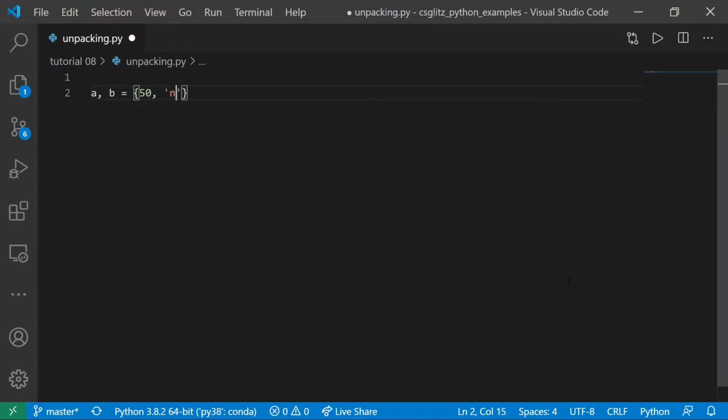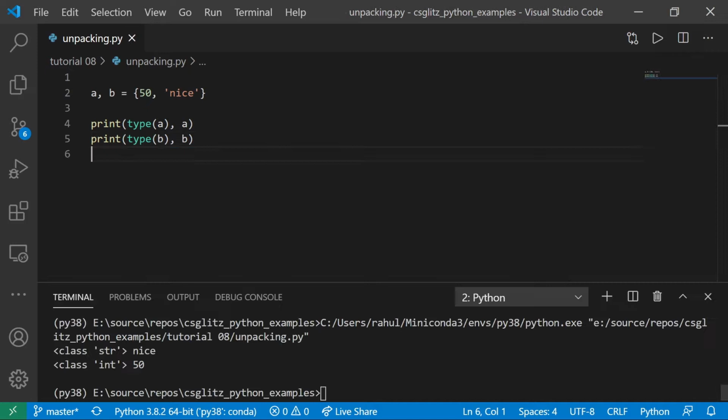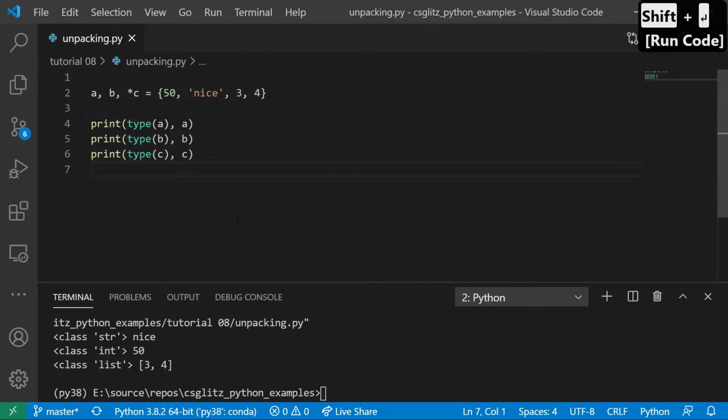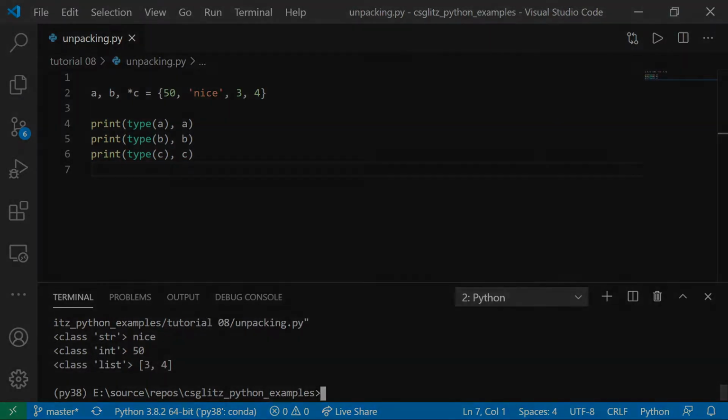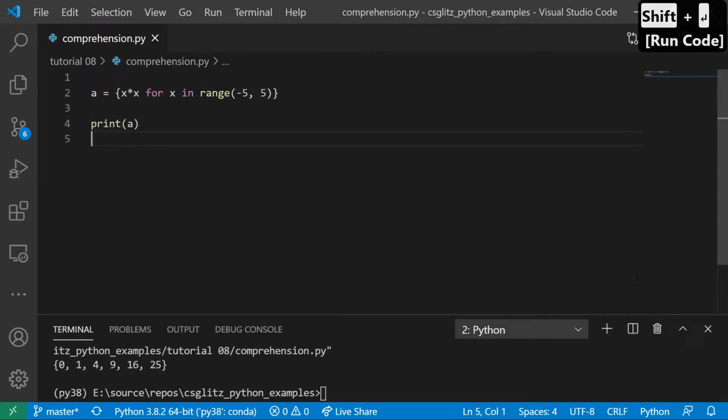Similar to list, we can unpack a set as well. But it should be avoided as the elements can be in any order. Also, keep in mind that extra elements are always returned as a list. We can also create sets on the fly using set comprehension. The square of a negative integer is positive, which is why a set contains only the unique elements.